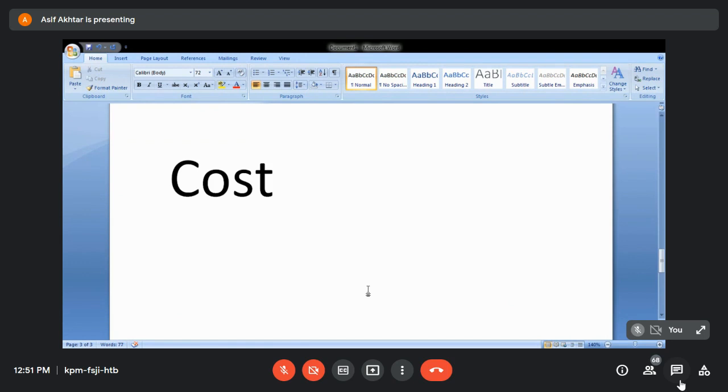So let me see cost, for example. So if I write the cost function, for example, C of x is equal to n